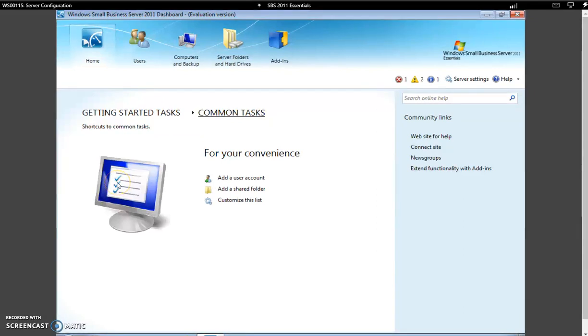Hey everyone, today we would like to explain about the Windows Small Business Server 2011 dashboard. Basically this product is used for small businesses comprised of 20 employees, 30 employees, and so on. For example, if I have a company with 20 employees, they had better go for Windows Small Business Server to manage their user accounts, computers that are placed